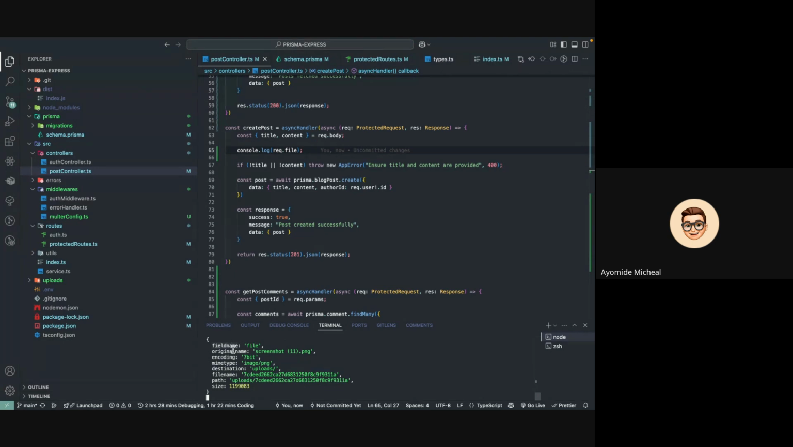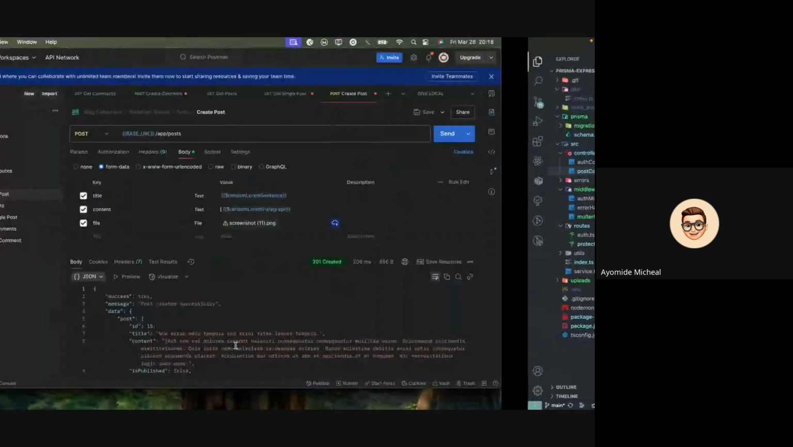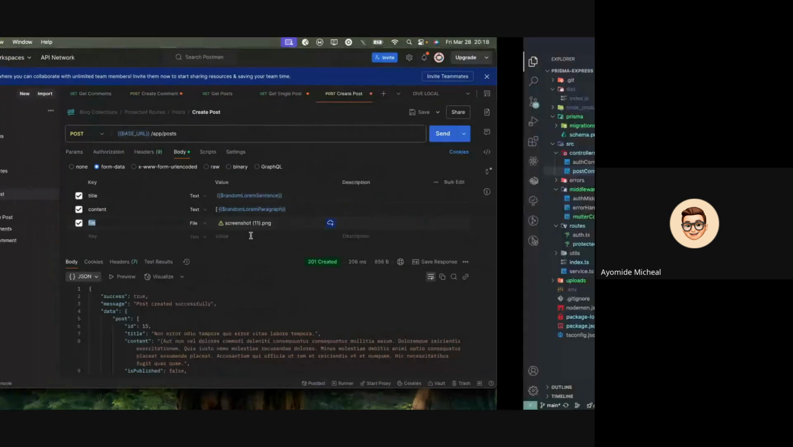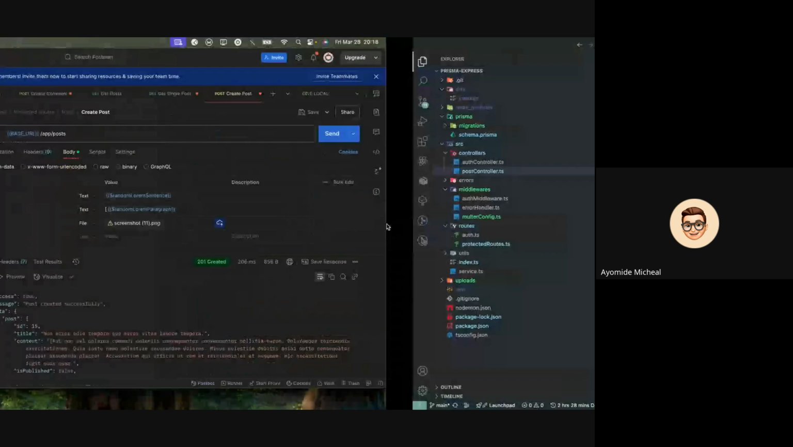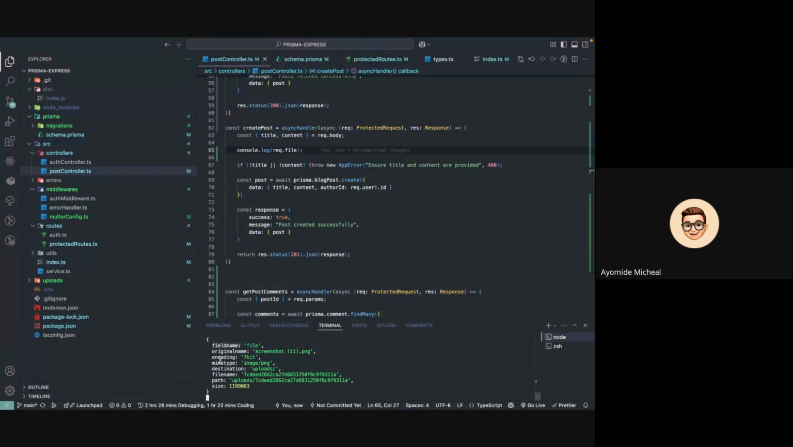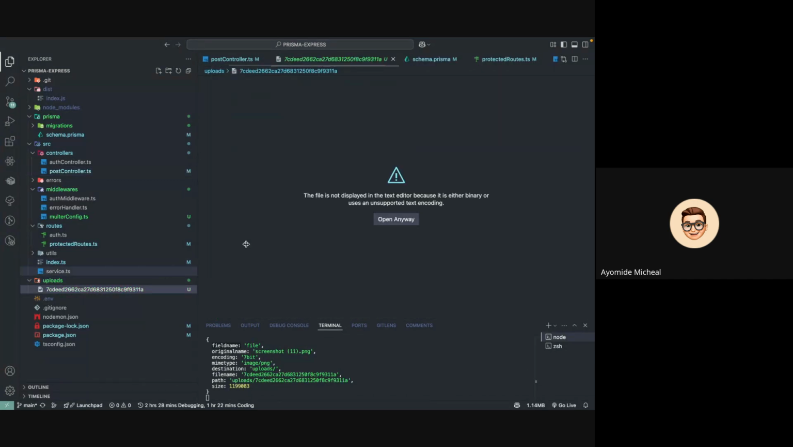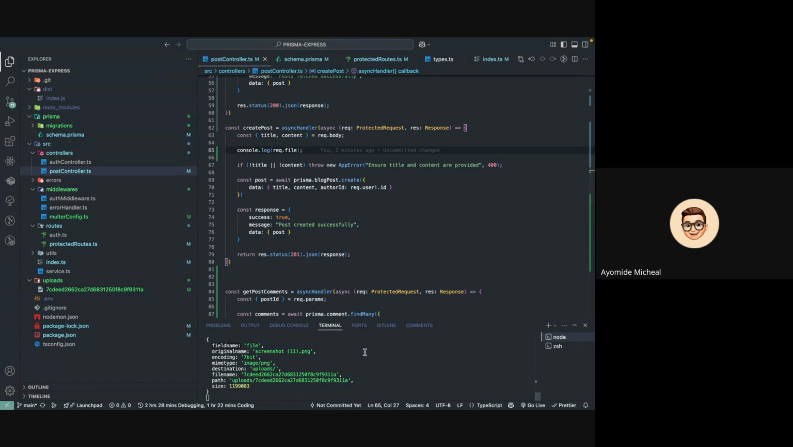The field name is file. Right? Original name, which is the name of our screenshot, is screenshot something something. Encoding is 7 bytes. Mime type is image PNG. Destination is upload. You check this place, you now see we have the file here, I think as a temporary file. And then you can see we have path, upload, something. We have the size here. So what we are going to do with that is